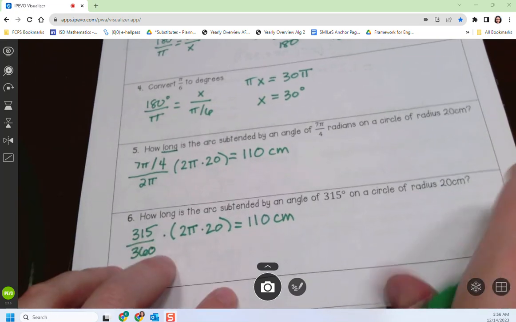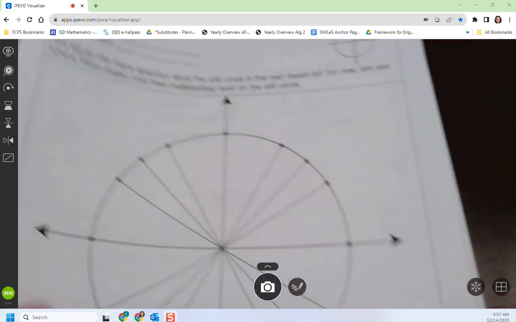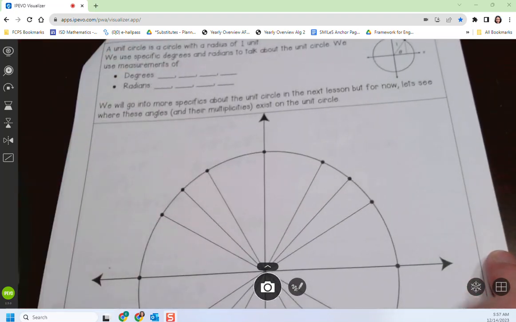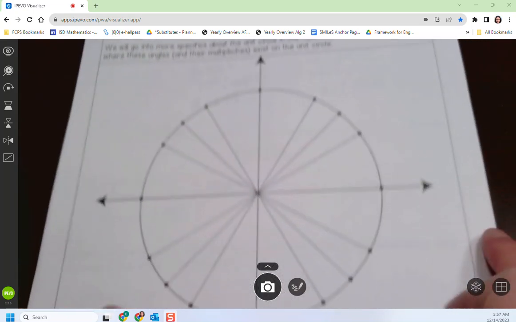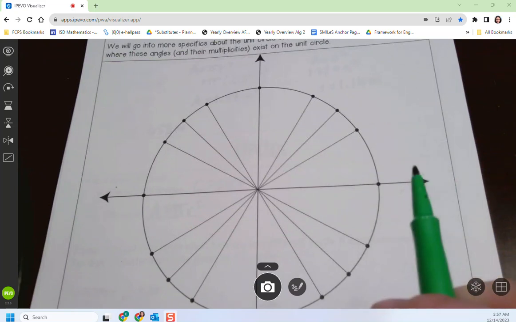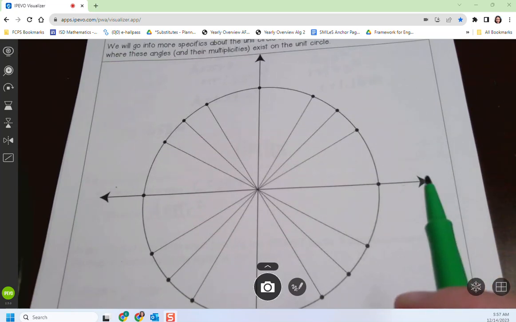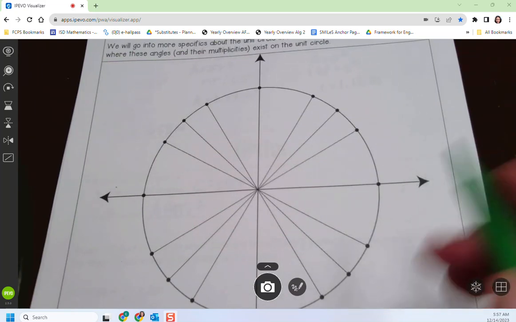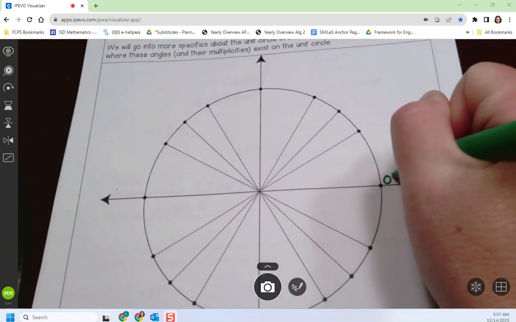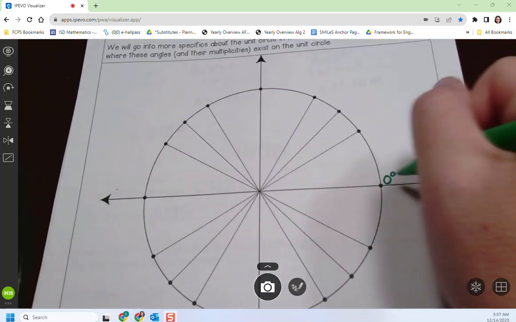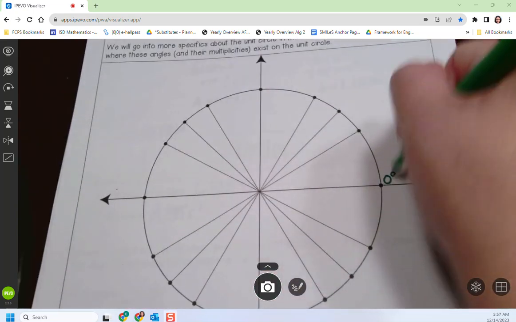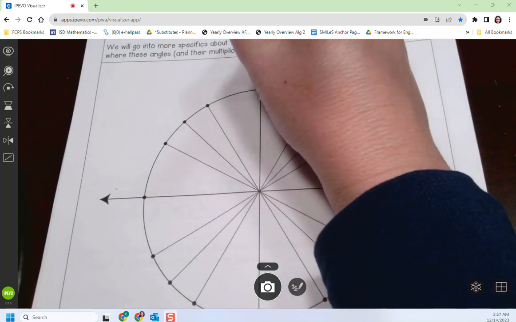All right, finally, we're going to talk about our unit circle. And on the unit circle, we have very specific measurements. We're going to talk more about the unit circle next time we have a lesson. But for today, we're just going to talk about the angle measurements. So the unit circle starts on the positive x-axis right here at 0 degrees. And it goes counterclockwise. So this is 0 degrees, which you know that this would be 90 degrees,